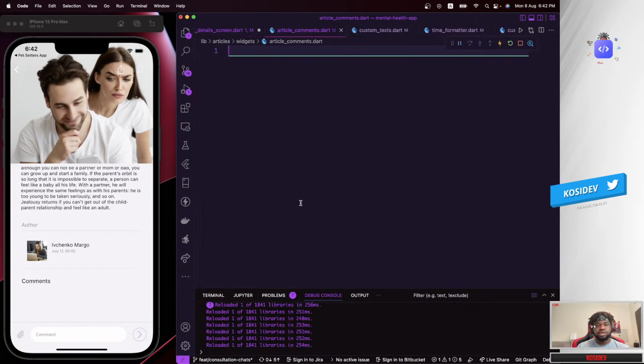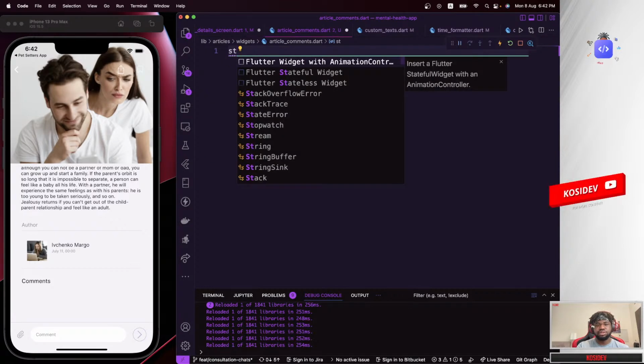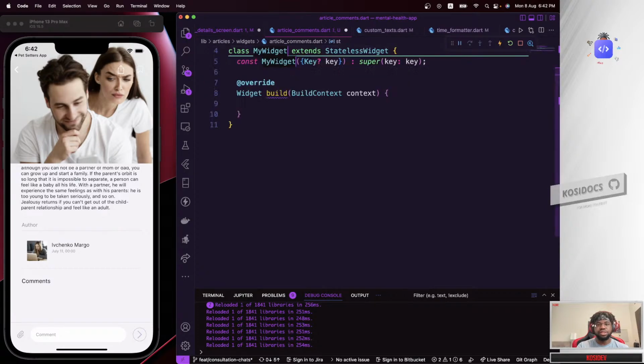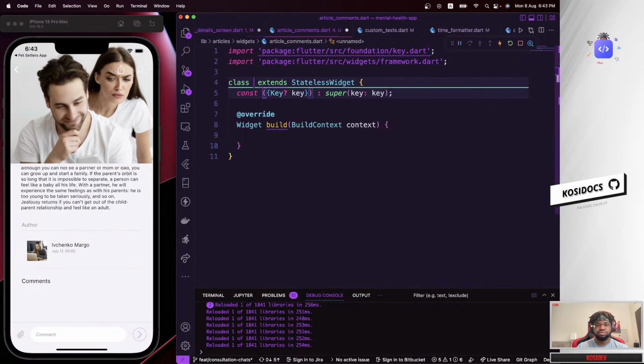And I'm going to say can't think of something. Is it going to be a stateful or stateless widget? Let's make it a stateless widget for the moment, or we'll find out otherwise. Maybe you want to add an animation to it, that's why we'd need to make it a stateful widget, or something like that. So I have articles, now article comments,